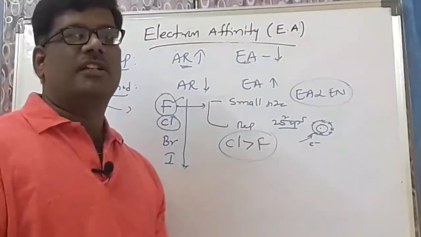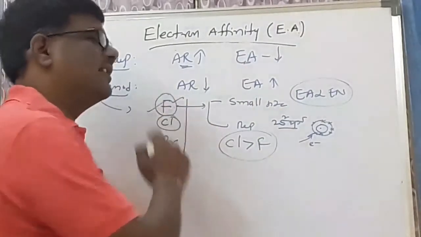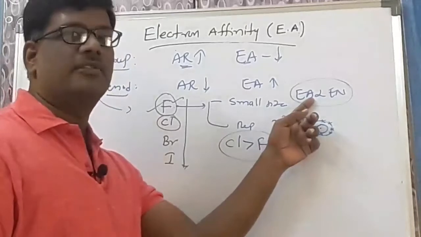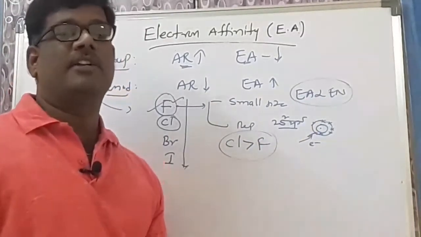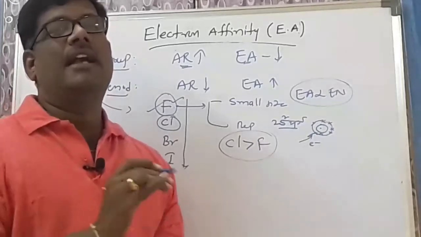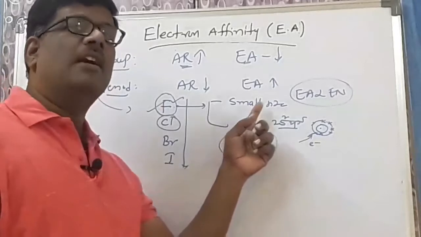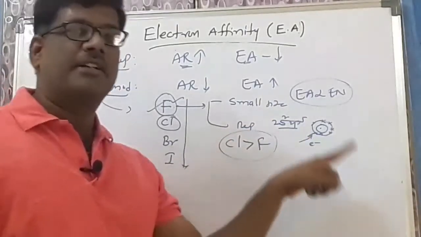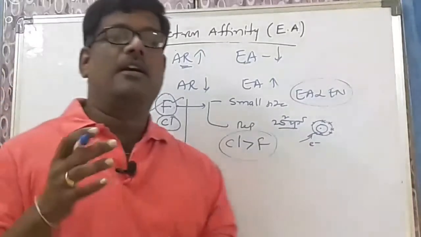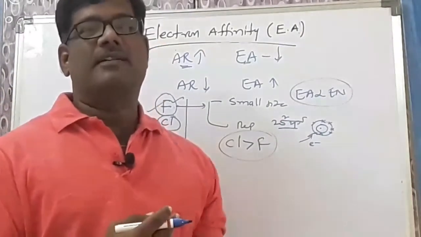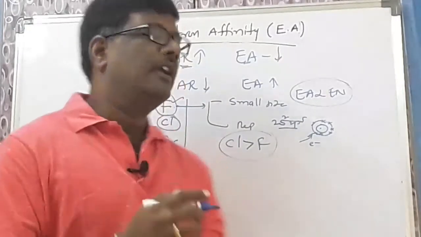Ultimately, one deviation. According to this, electron affinity must decrease down the group, and fluorine must have the high electron affinity. According to this rule also, fluorine must and should have the highest electron affinity, but chlorine will have the highest electron affinity because fluorine has a small size. Already repulsions are there and you are adding another electron, repulsion further increases. Ultimately the energy released will be less as compared to chlorine. Ultimately chlorine is the highest electron affinity element.